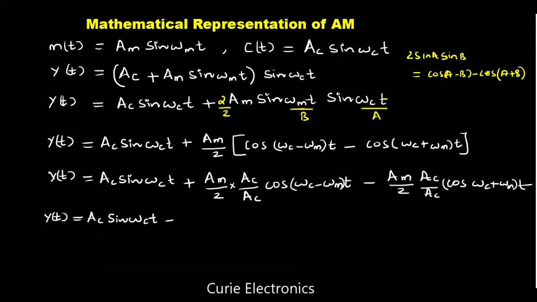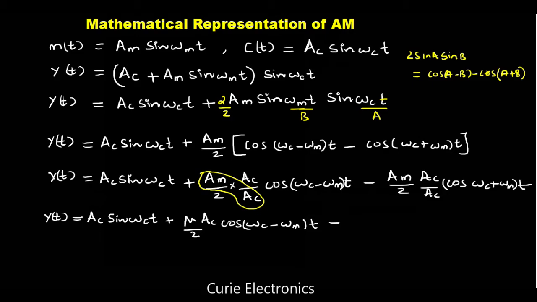plus this term here. If you see this Am upon Ac, this is known as modulation index, Am upon Ac. Modulation index, the next class we will solve some problems also. So this modulation index can be written as mu. So it is mu by 2 Ac cos(ωc − ωm)